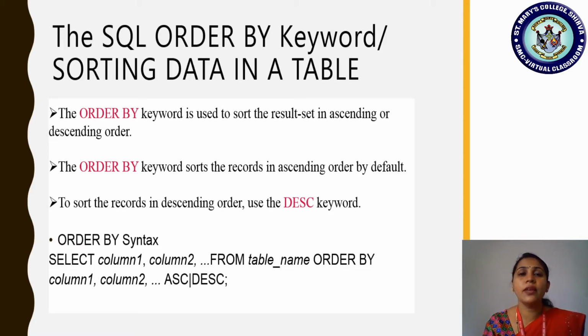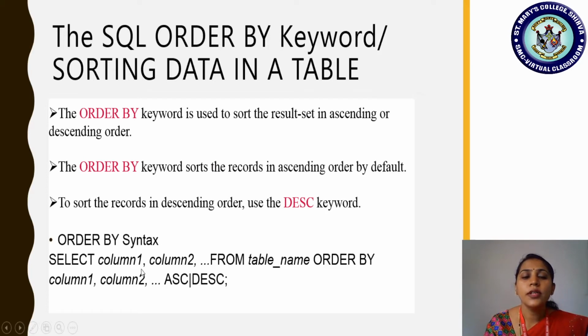So you have to tell from which table you want to view the data, right? So after the from keyword, you are supposed to mention the table name, from which table you want to view the information. And while viewing the table information, you want to sort it. So to sort, what is it? The from table name followed by what keyword? Order by. Order by column 1, column 2.